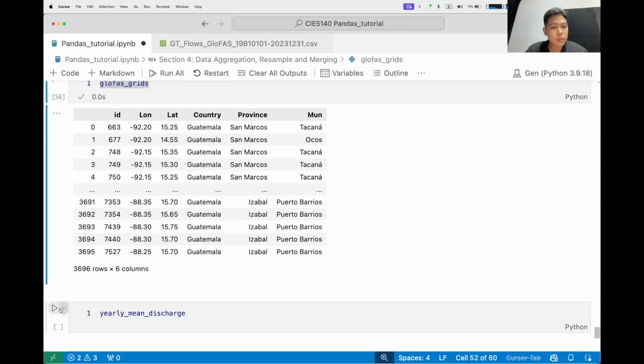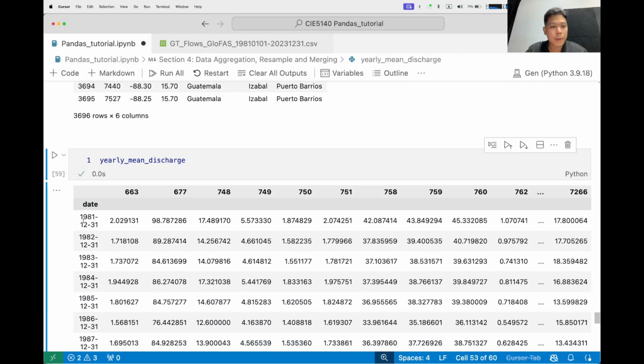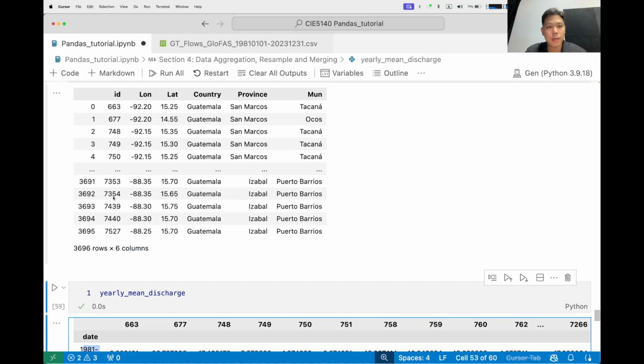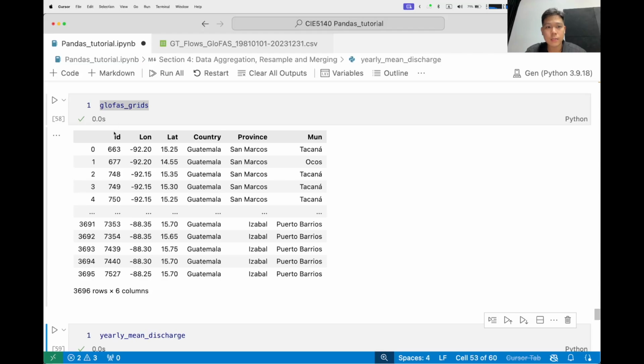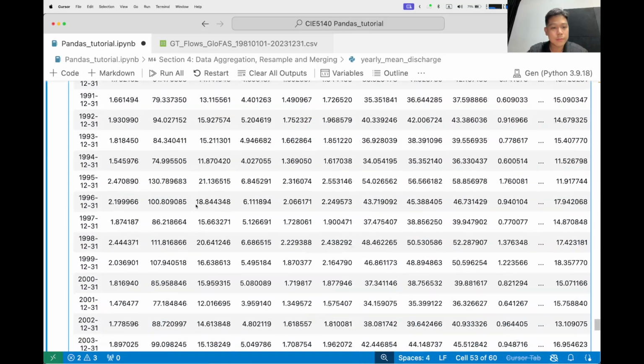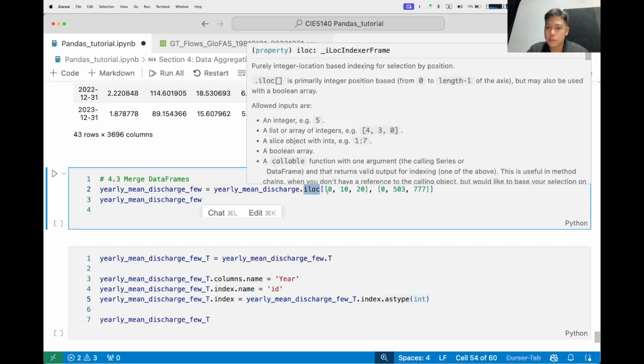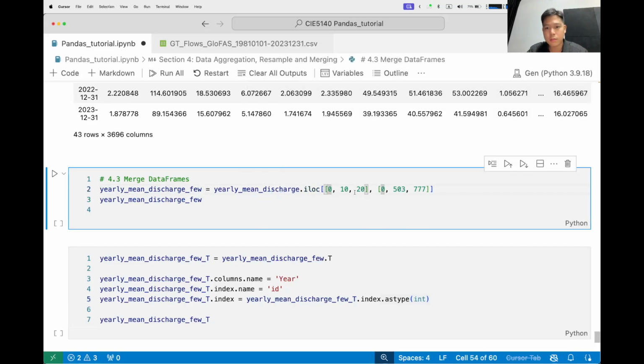So here what I want to do is pick some random year's data and some station data. Maybe my target is just 3 stations and just 3 years of data. For the metadata here, they have all the metadata of all the stations, and I don't want that much. So let's see, I use the iloc function to get the first, 10th, and 20th rows, and also